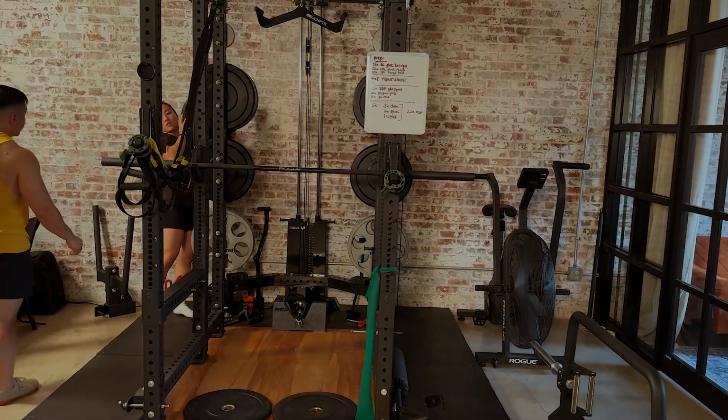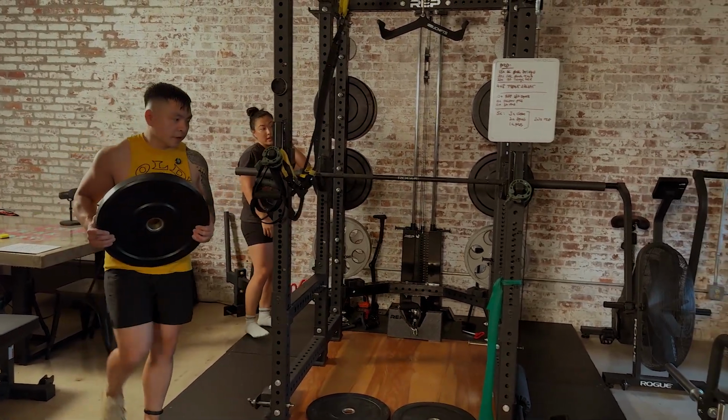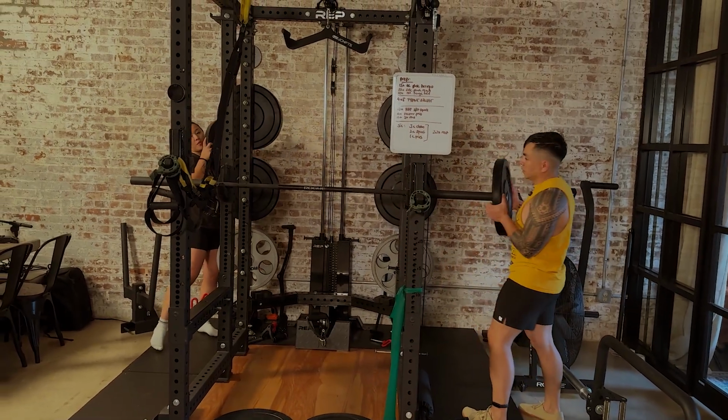So are you able to do front squats at home? I just do them with kettlebells. Oh, got it. Yeah. Okay. So that would be like slightly different. That's more of if I don't have the proper weights,